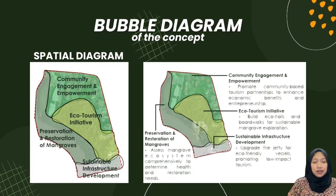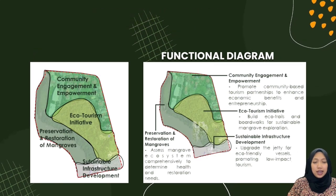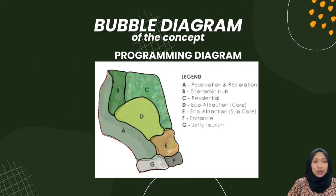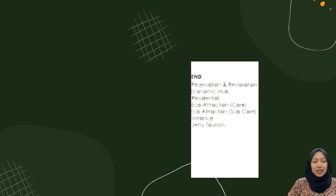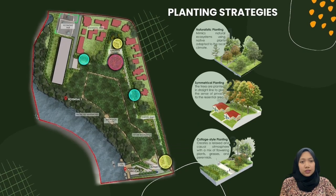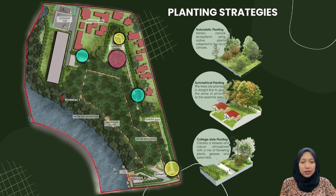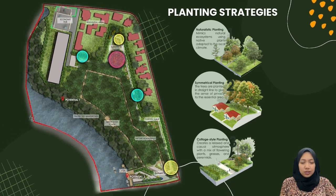Next is the bubble diagram of the concept. First is the spatial diagram, which can be seen in my slide. Next one is the functional diagram, which I have located the details of in the slide. And lastly, the programming diagram, which also has been located in the slide. And lastly is the master plan of the final project. As you can see in my slide, I have located the master plan of my project with some details